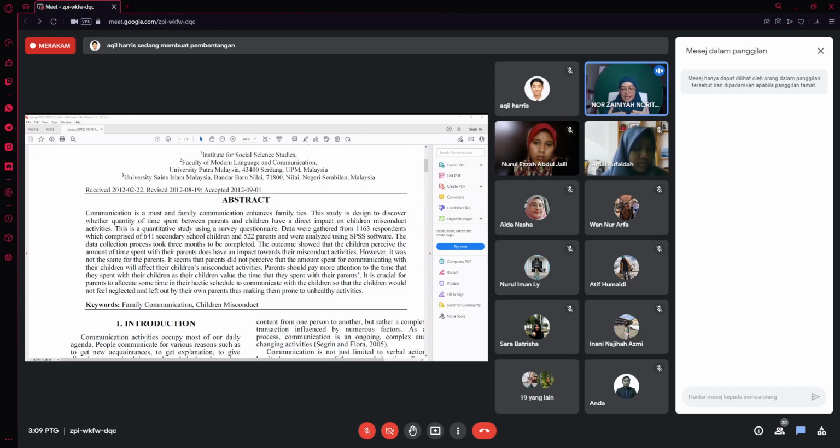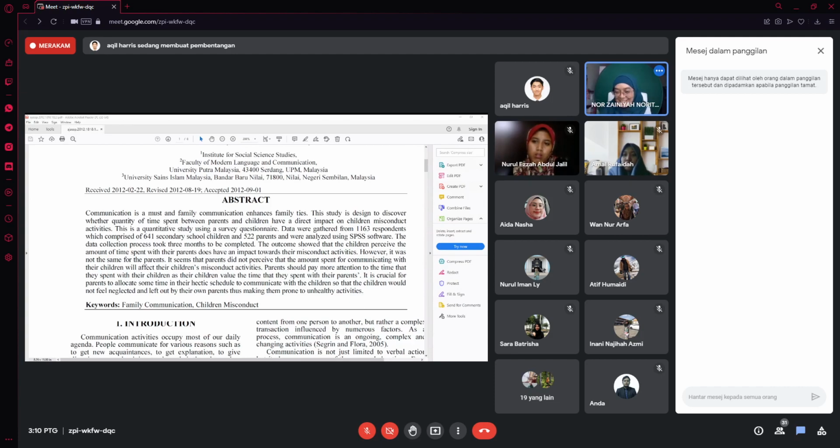So it's either lesser time with parents, more misconduct, more time with parents, less misconduct. So you've got two treatments there. You've got two things that can actually answer that question. So the treatment is, so what is the word,